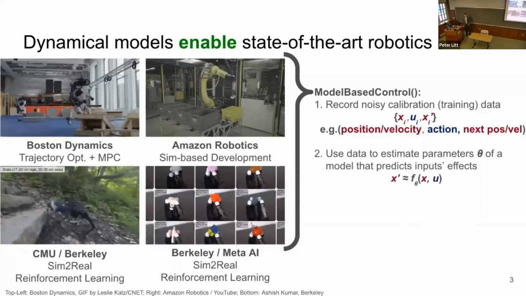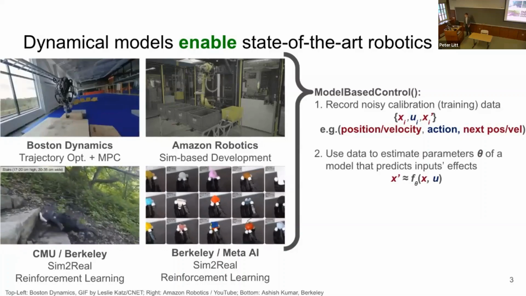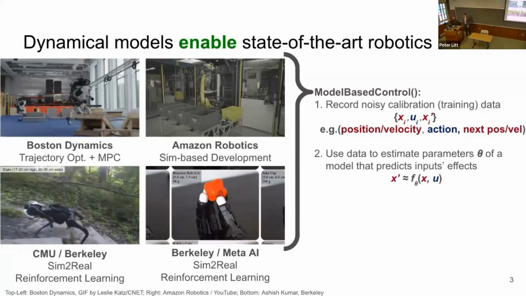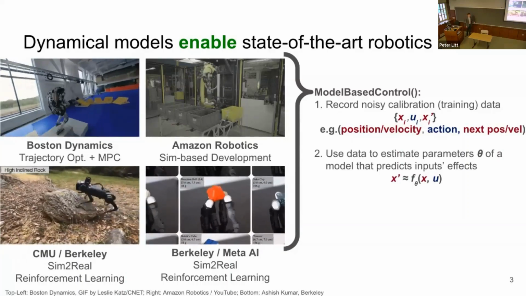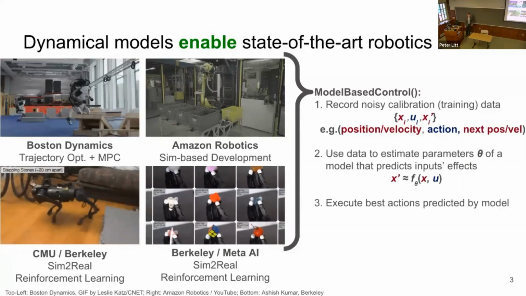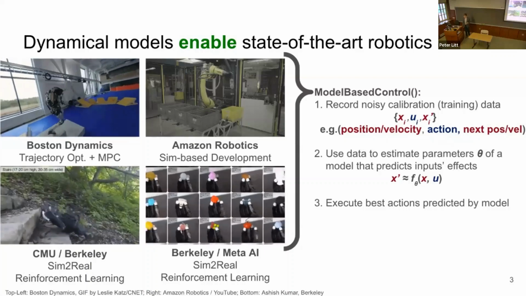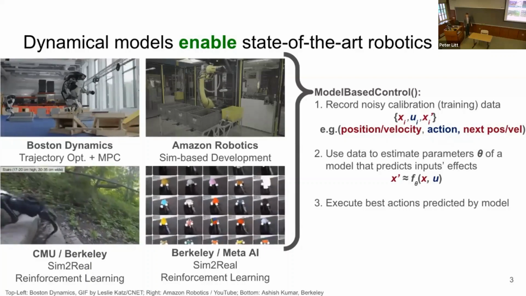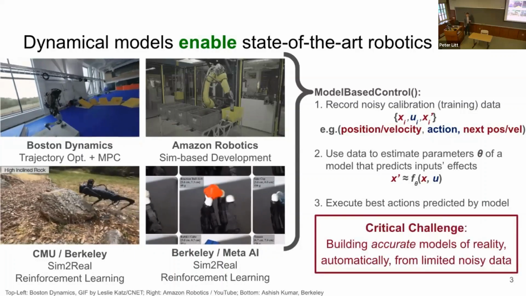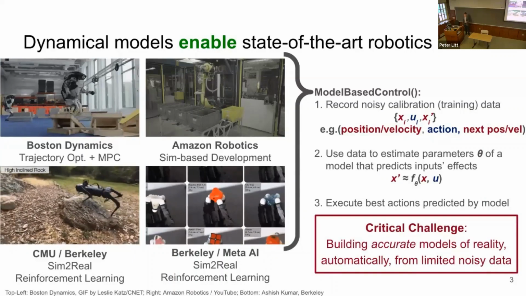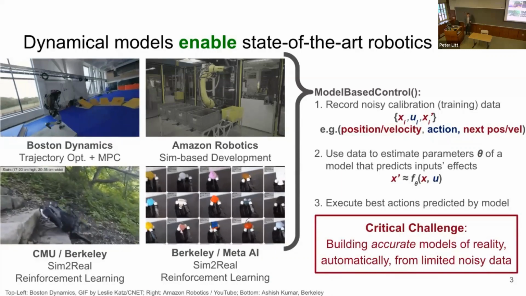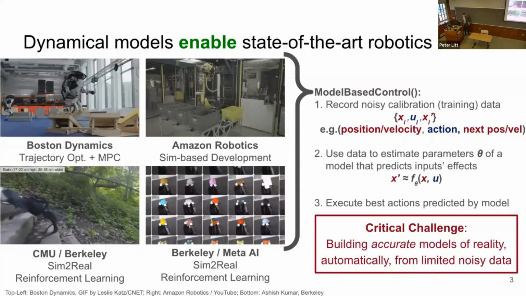Second, you fit a predictive or dynamic model to this data that tells you what outcomes result from different actions taken by the robot. And this model could be purely physics-based or completely learned, such as a deep neural network. And finally, you query that model to figure out which actions of the robot will lead to the outcomes that you want. And then you execute those actions on the robot. And it's this last step that makes fitting to data, or learning, or system identification important, because it is critical that these models match reality closely, such that their predictions match the actual outcomes on the system.